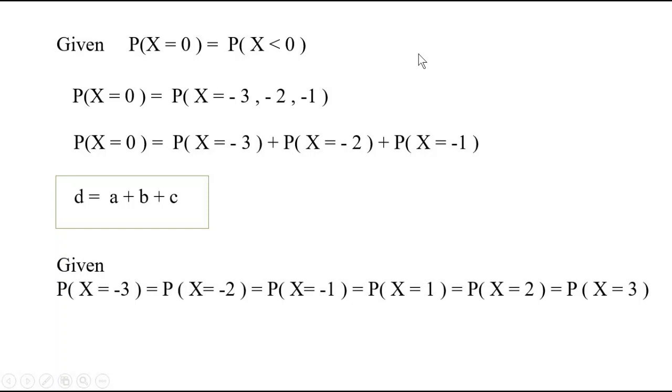Now they have also given the second condition, isn't it? Now in the second condition, you can take a look at the random values, which are minus 3, minus 2, minus 1, 1, 2, 3. So except at the value of the random variable x equal to 0, all the probabilities are same. That is, except D, all the values A, B, C, E, F, G are same. All the probabilities are same except the probability at x equal to 0. So here except D, all the values are same. That is, let us call all the values as A itself.